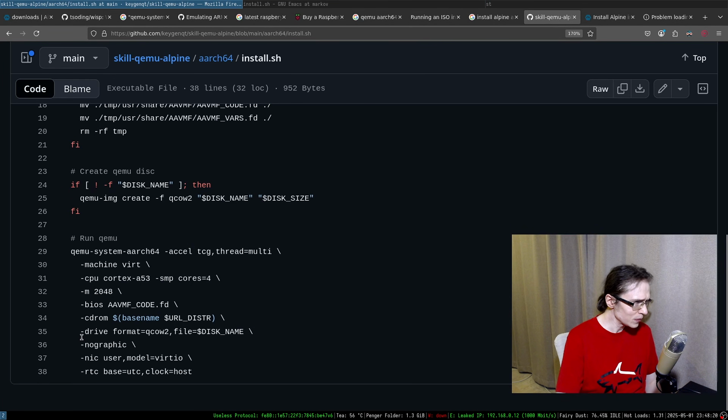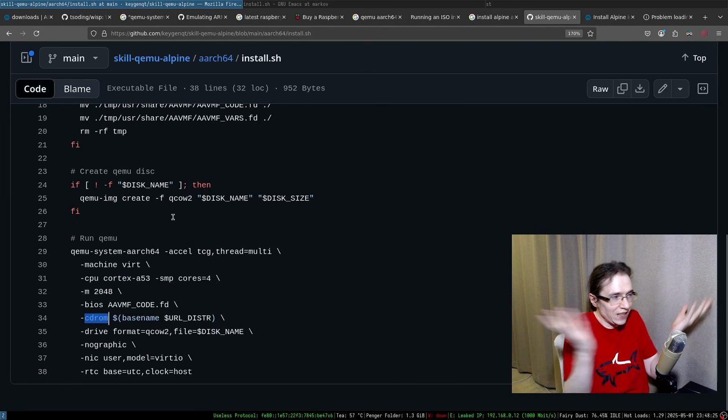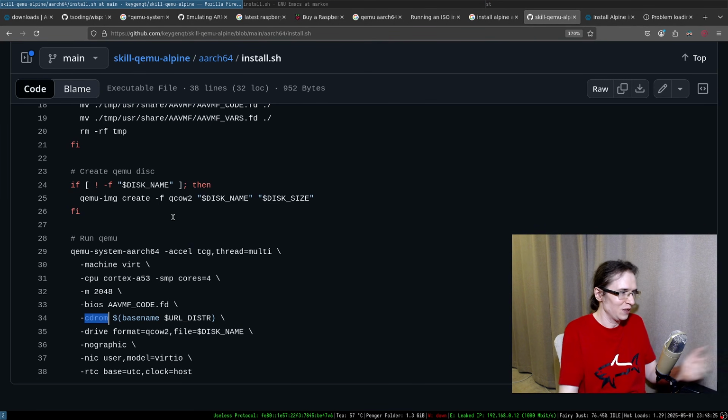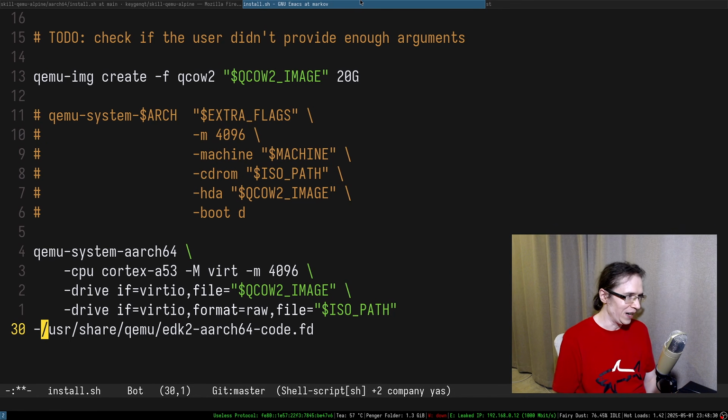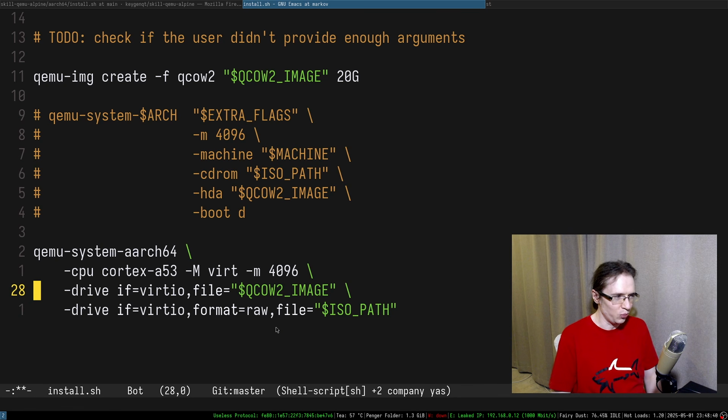So, and in here, and look at that, it uses a different style, like CD-ROM, and here we're using a different thing. Which flags do I have to use? I don't understand. Is that like flag aliases? Are they equivalent or something? QEMU is kind of weird in that regard.